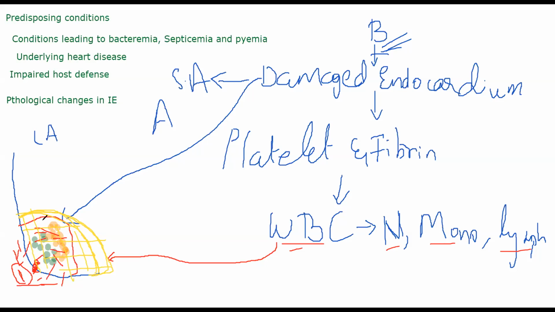These plaque materials might break off as well. Small parts of this plaque might break off simply because of the pressure of the blood, and they might start traveling elsewhere. These plaques in turn, guess what, have bacteria inside them, and bacteria will go to other places and proliferate there as well. So that is how infective endocarditis occurs, and proliferates into other infections. I hope you understood what is going on in infective endocarditis.